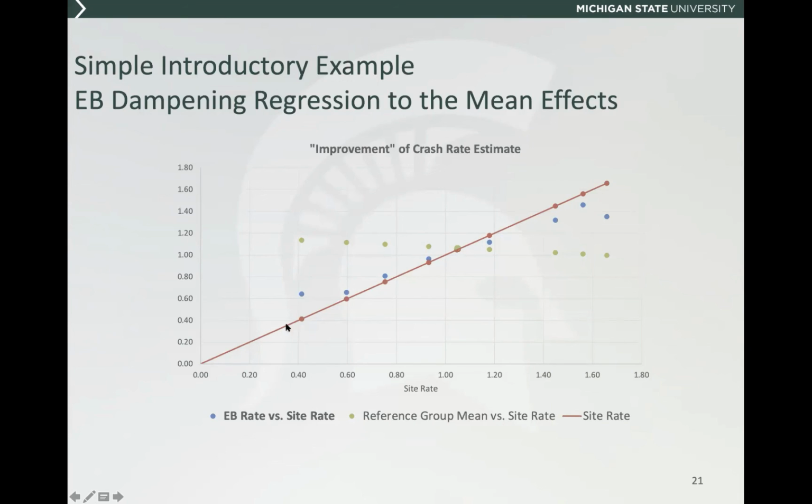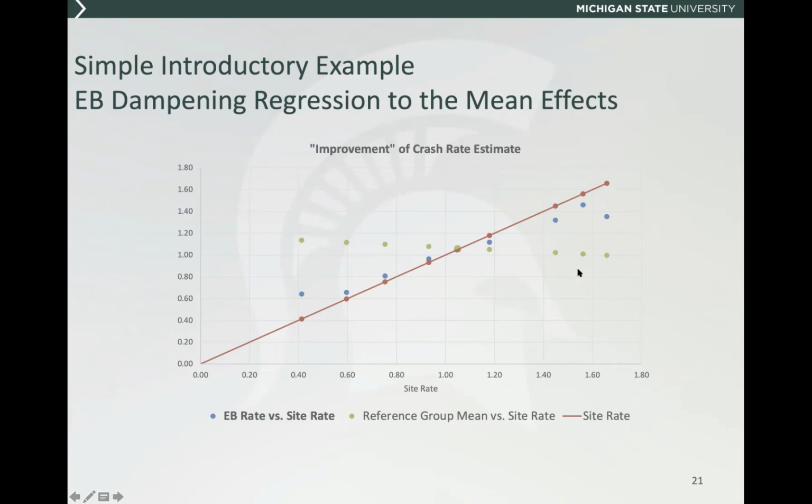So under naive before and after study design, this is what those estimates of the crash rate would be. So they ranged from just over 0.4 to nearly 1.7 crashes per thousand entering vehicles. The green dots here demonstrate what the values were for the reference or control groups for those same sites. And so, for example, the sites in that range of 0.4 crashes per thousand entering vehicles, the control site showed a rate that was significantly higher than that, on the neighborhood of 1.1,